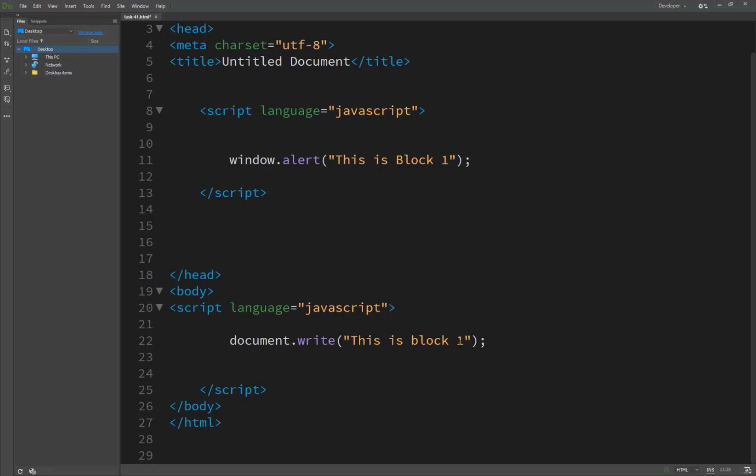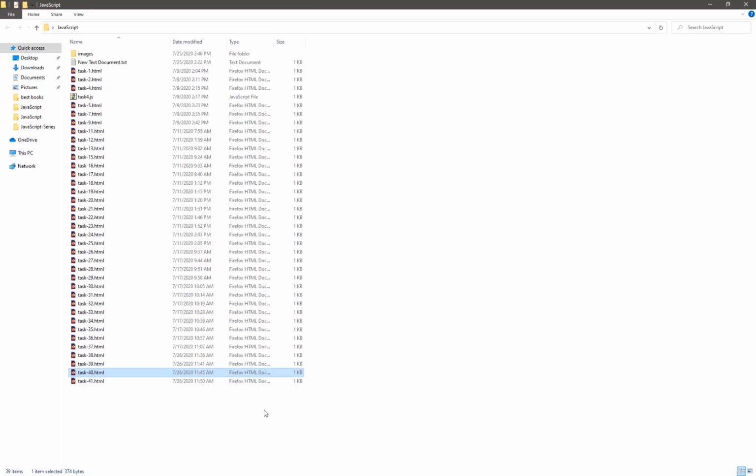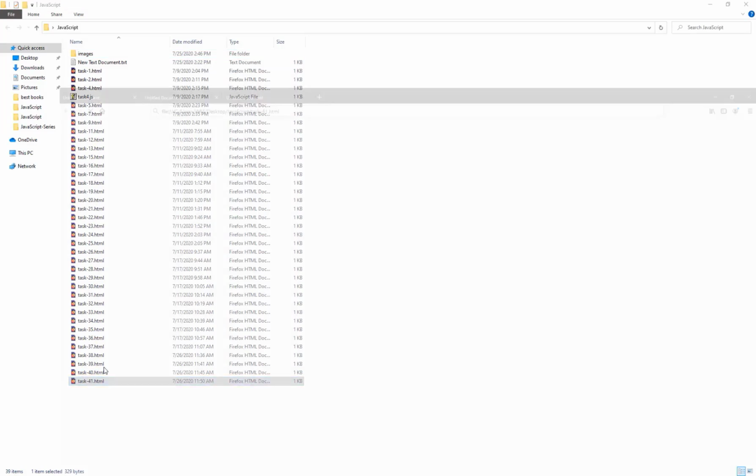It's block 1 and it's block 2, because the window.alert, after the page has been loaded, is shown automatically on your browser screen, and then you'll see this message printed inside a form. So here we loaded this is block 1 and this is block 2.